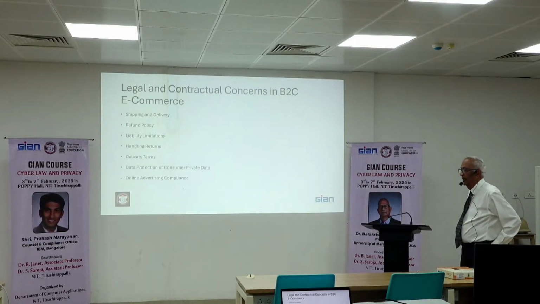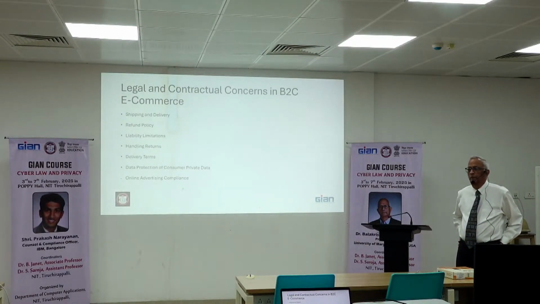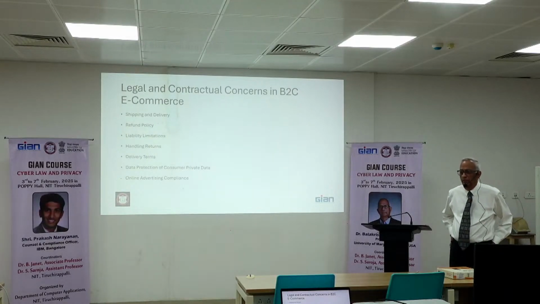So there are some liability rules. And also handling returns. This is something you often worry about because you open the package, and the item you want to return, but who's responsible for packaging it back? Who is responsible for paying the postage? Who is responsible for even taking it to the post office? Will they come and pick it up?